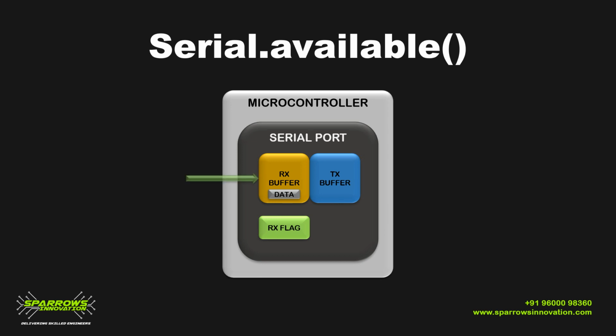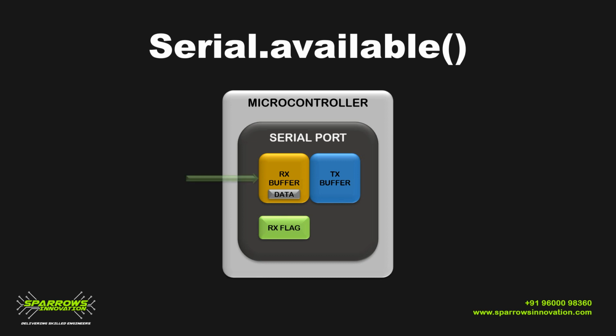This you have to do by program only. It will not automatically change to 0. When the flag is set to logical 0, only then will your next data be received in the receiver buffer. Unless it is set low, the data will not be received at the receiver side.